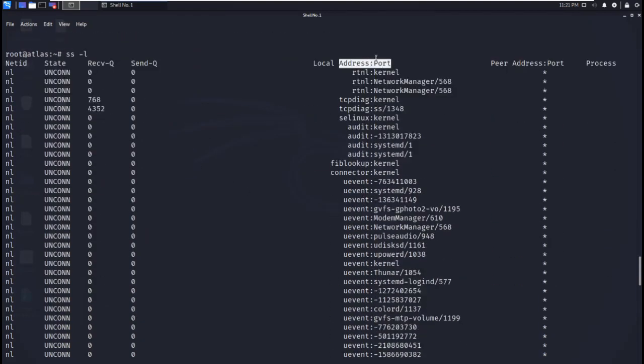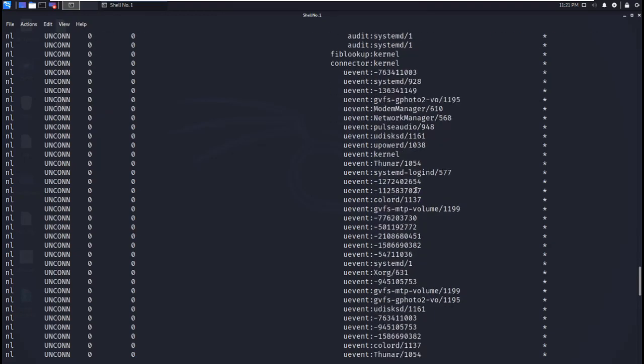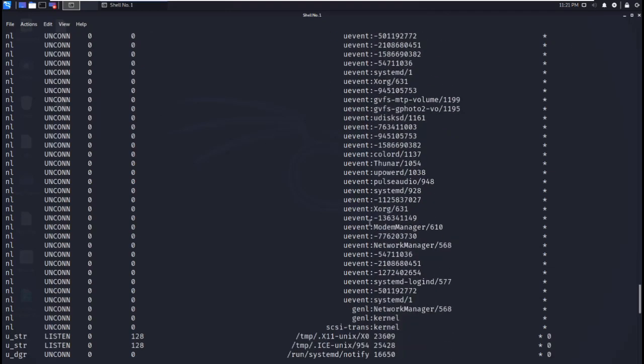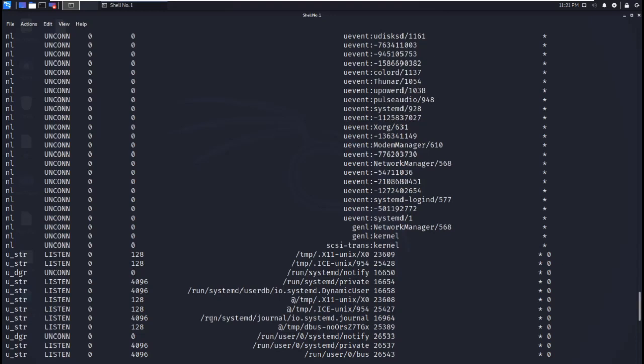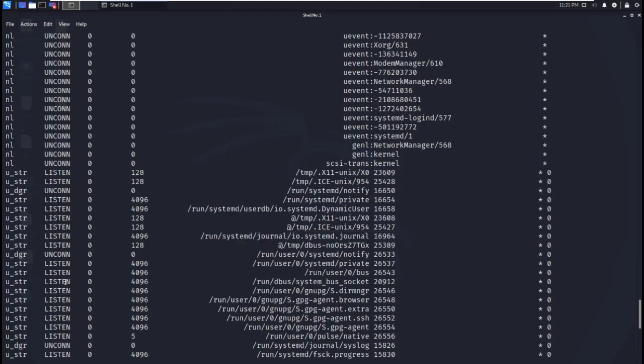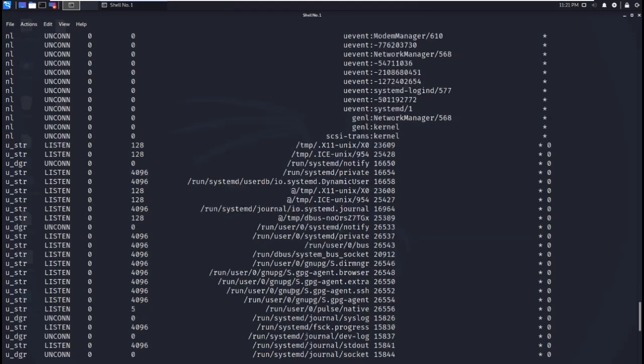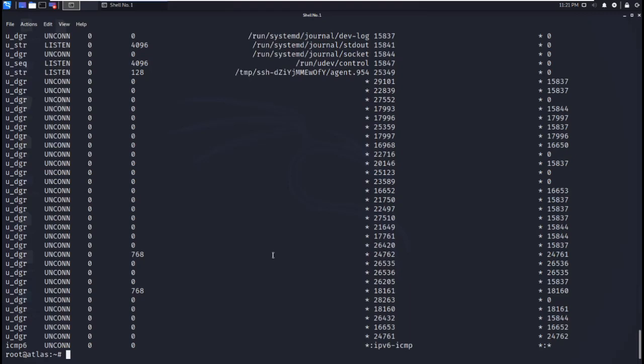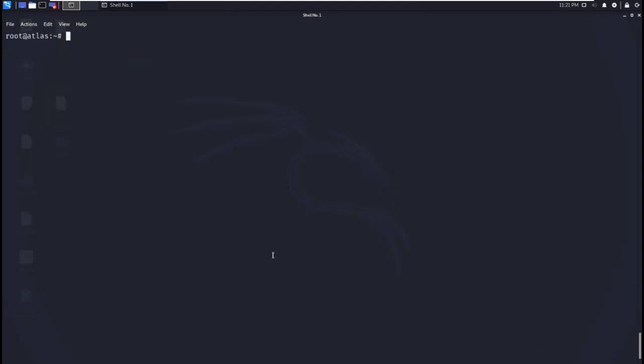You can see the address and the port, the kernel, the receive queue, the process, and the path. You can see all the information. For example, some of them are listening. So I'm going to clear the page